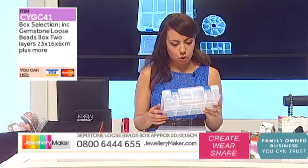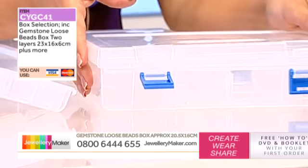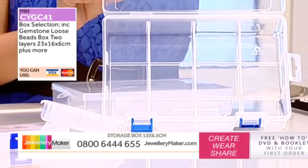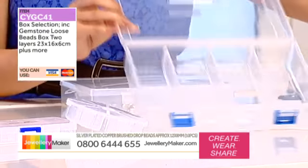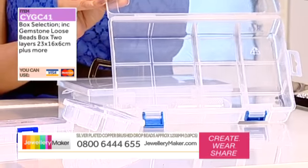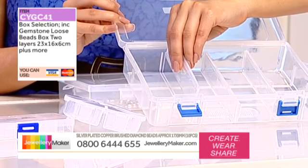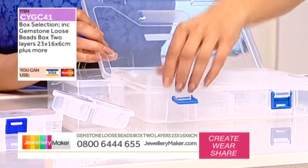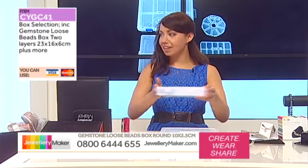Love that idea. I've also got your double layer box as well, which I love. Ooh. Are they coming together, all these? Yeah, all of them coming together. You don't just have to pick which one you like the best. So you get your double storage. Again, these sections are removable, so you can use the whole bottom of the box if you want to. And even if you do that, the lid still goes on top. It doesn't fall down because you've got the lip on the side. So you've got that with the snap tops, and